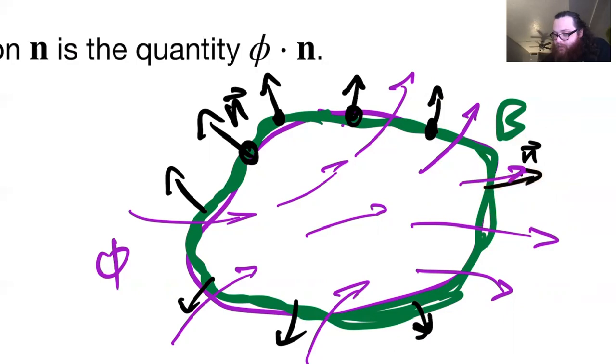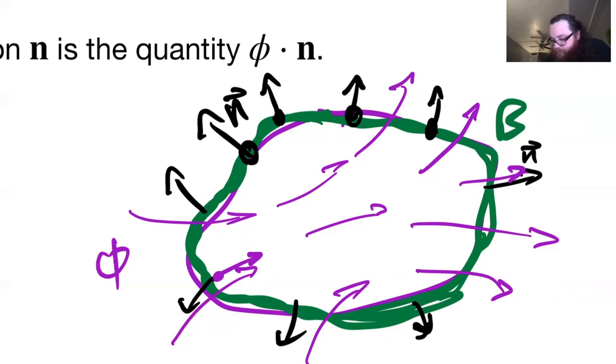So, the flux through this point is essentially the magnitude of this vector. Okay? And that we compute via this thing right here. On the other hand, over here, sure, we have this vector phi that's coming in here. And so maybe closer to this point, what is the actual vector? Maybe it's something like that,